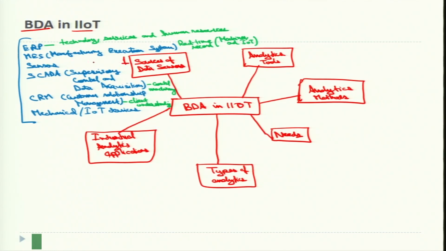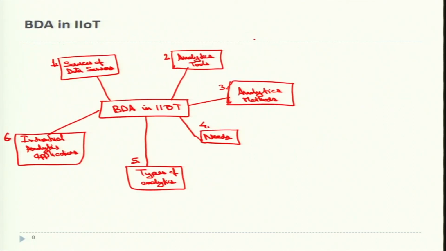So, this is point number 1, sources of data, which is discussed here. Next is point number 2. I will just name them 1, 2, 3, 4, 5 and 6. What is analytics tools? Point number 2, the analytics tools, which could be the analytics software,